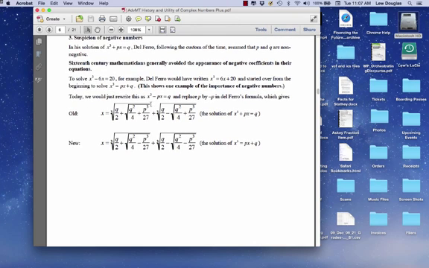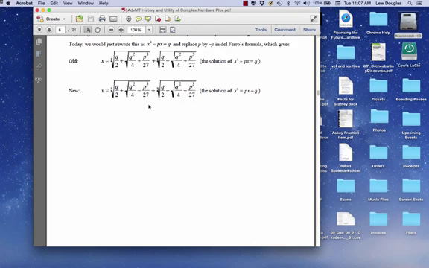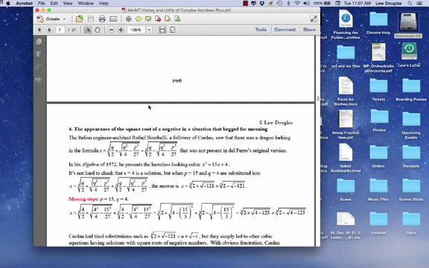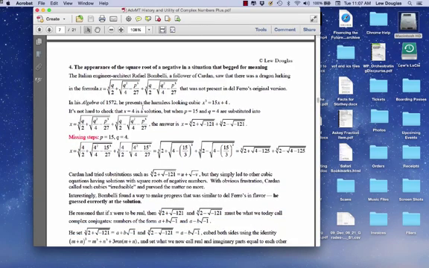So you can read this. I don't need to go over that part. Here is the crucial thing, and that is Bombelli, who was a follower of Cardan, and this was actually earlier. Well, no, it's at the same time, in the 16th century, saw that there was a dragon lurking in this